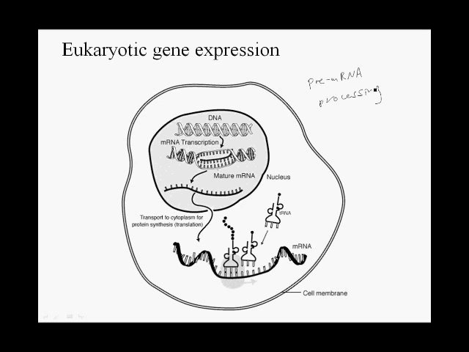In a bacterial cell, there is no processing required. As soon as a messenger RNA is transcribed, it's translated at the same time. In a eukaryotic cell, pre-mRNAs cannot leave the nucleus until they have undergone processing. And this processing occurs at the 5' end, the middle of the RNA, and the 3' end. So the beginning, the middle, and the end of a pre-mRNA is processed in the nucleus before it can leave the nucleus into the cytoplasm where it can be translated.